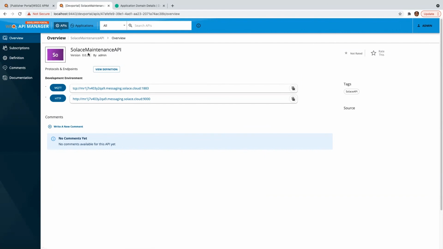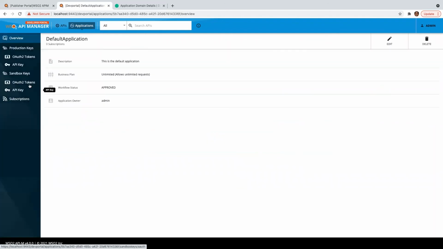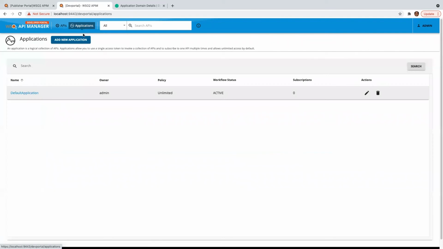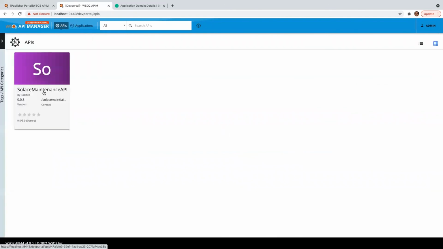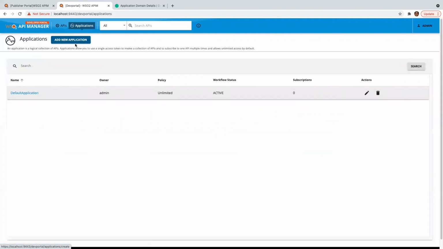So now we have the API. What if you want to access the API now? Because we are making this accessible in a managed way, you have to subscribe to it. For that, you have to create an application. I'll create an application.